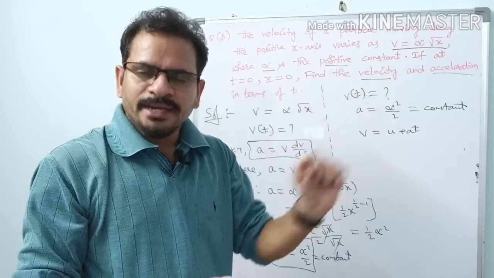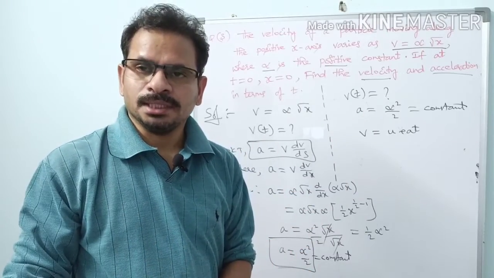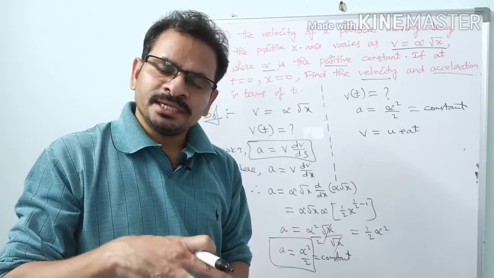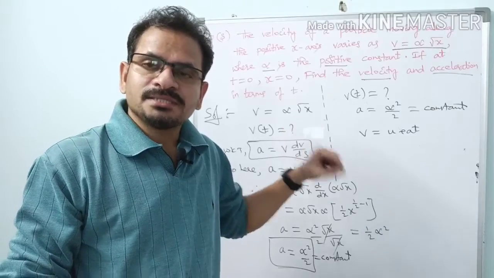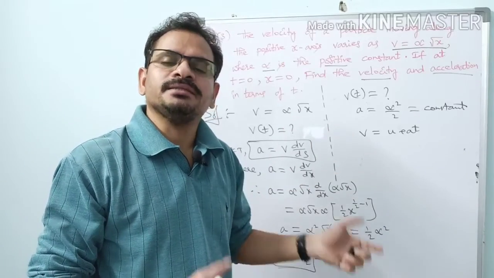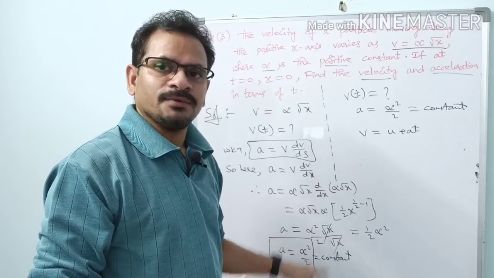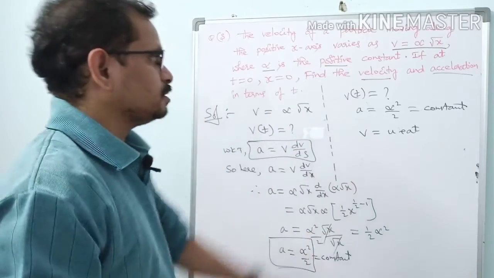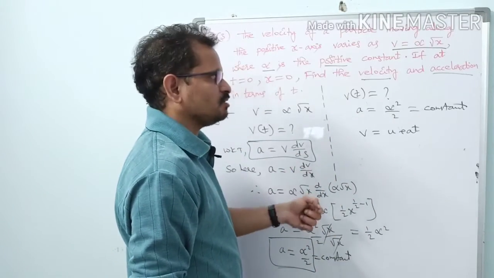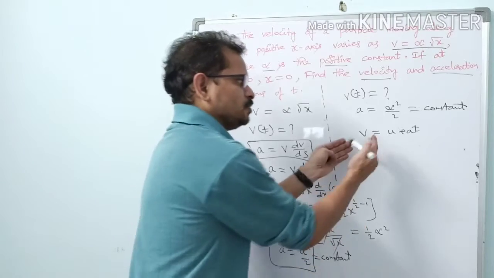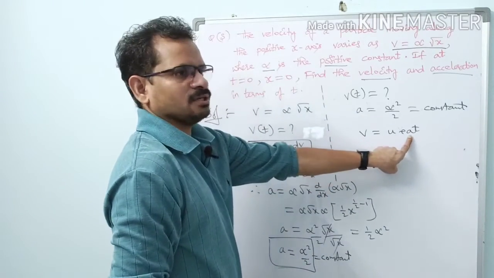Those kinematic equations are actually meant for uniform acceleration case only. But even if it is a uniform acceleration case, if the physical quantities are expressed as functions of some other physical quantities, then we have to use calculus. So that has happened here. We used the calculus part. So now, since we got acceleration is constant and we have to find velocity as a function of time t, can't you use this equation? Check this one, v equal to u plus at. Yes, we can use it because the acceleration is constant here.